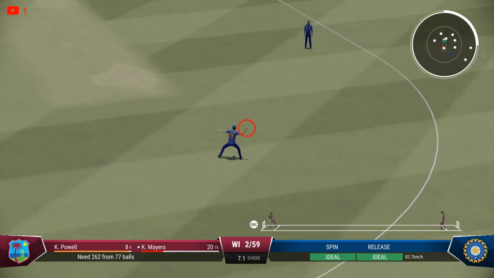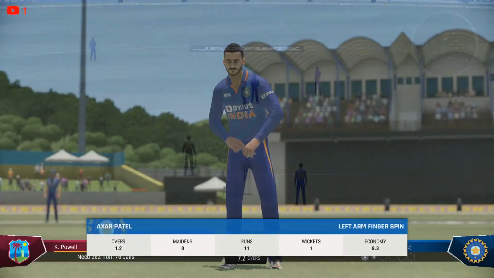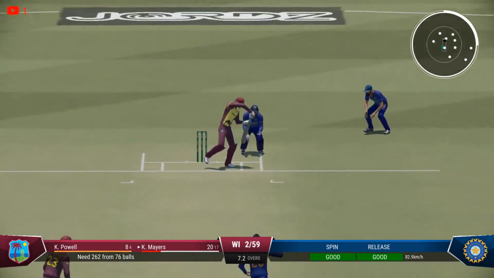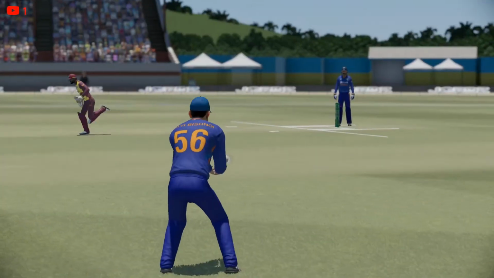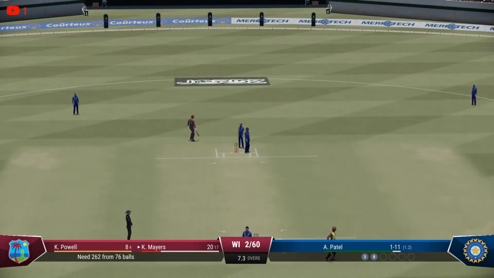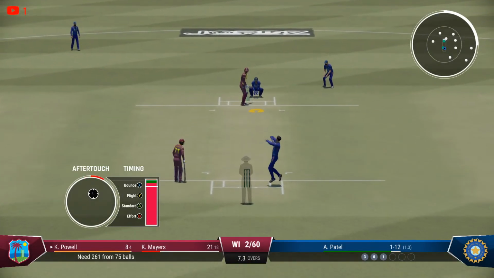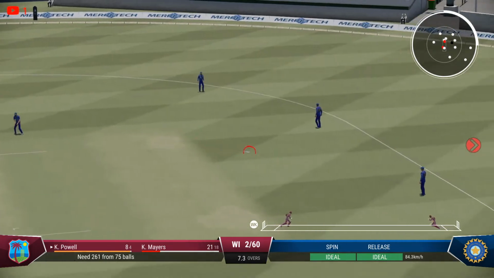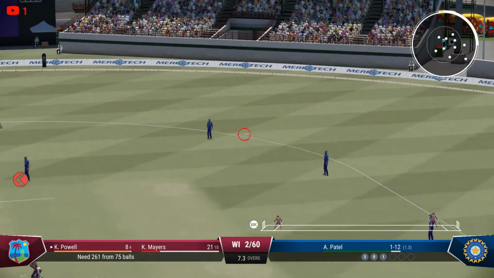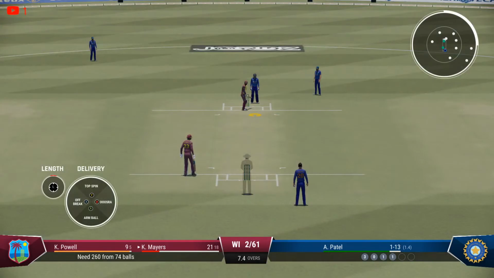This time it's straight to the fielder. No runs taken. The score remains 59 for 2 after 7.2. We'll bowl wide lines. That's the plan. Oh, throw it quickly. It's again a very slow throw, so that's why they are able to take that single. Otherwise, this shouldn't have been possible. So single taken. The score will move on to 61 for 2 after